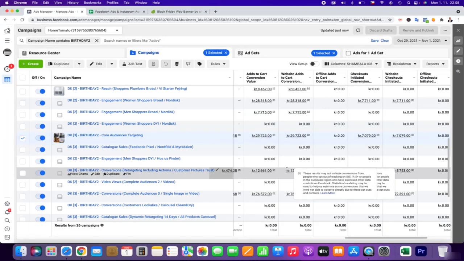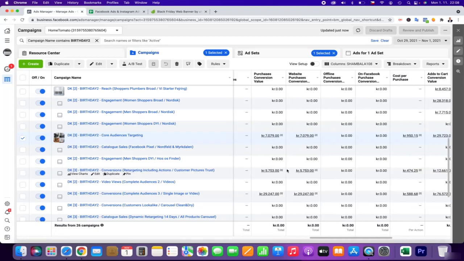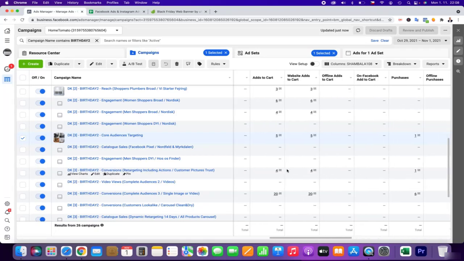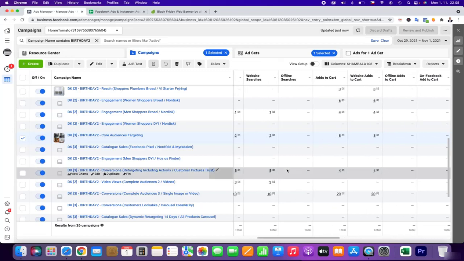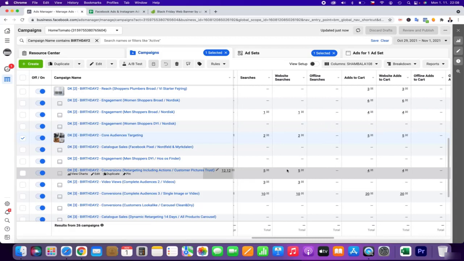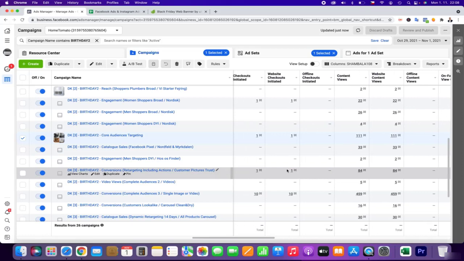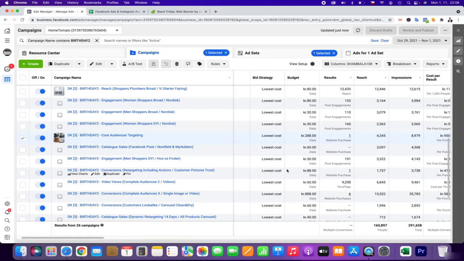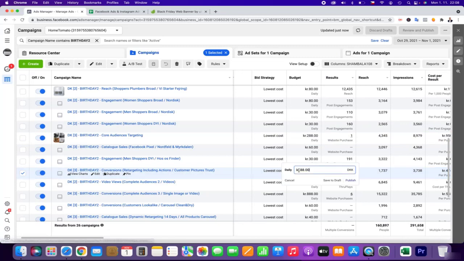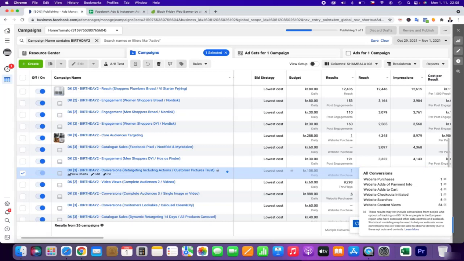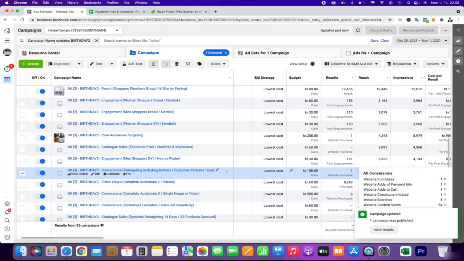Then still, this building trust is not so sexy and we don't have the best link click, but I can see add to cart actions. I can see that there are actually quite a lot of content views, so I will still keep it and I will still be using it, because you can see even though the link click is not so great, people go to check the content on the website. It's people that did already check a lot and they are not sure.